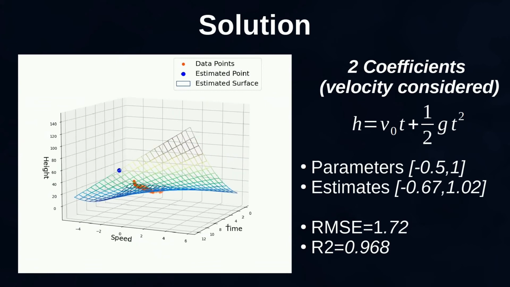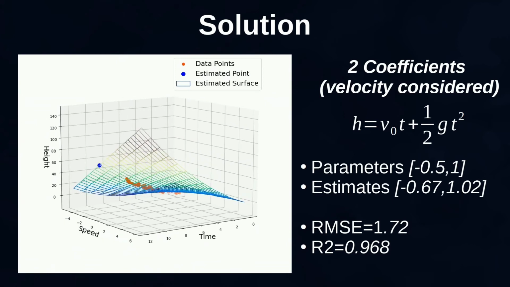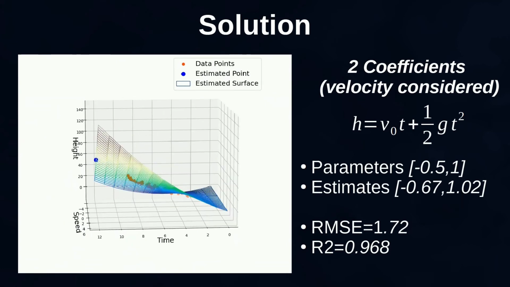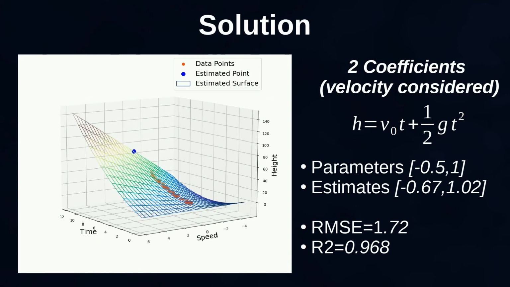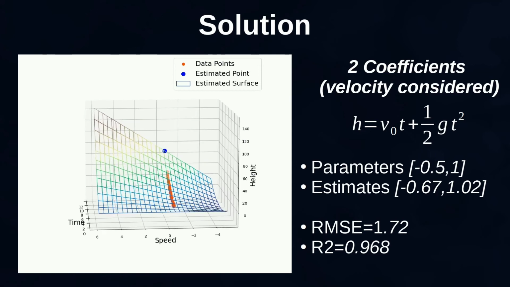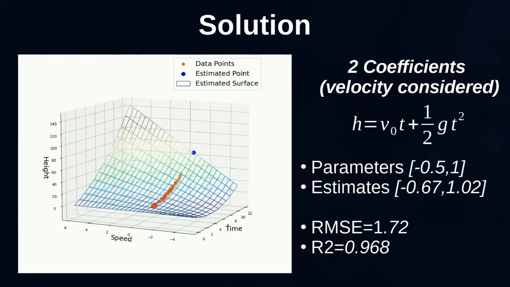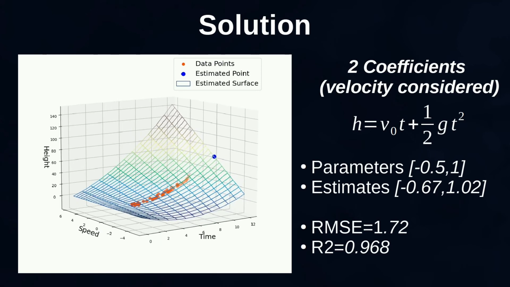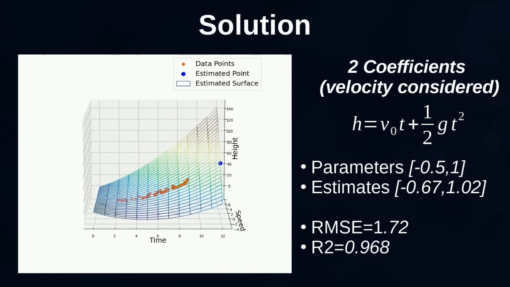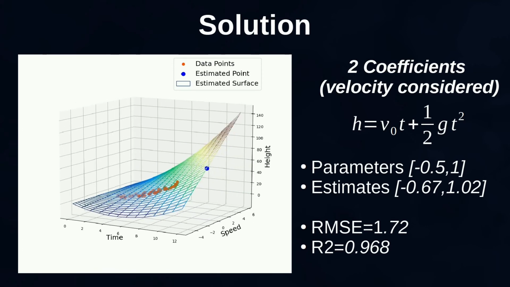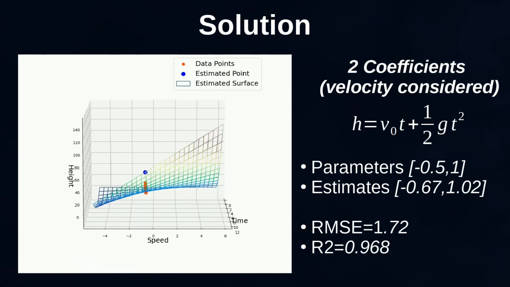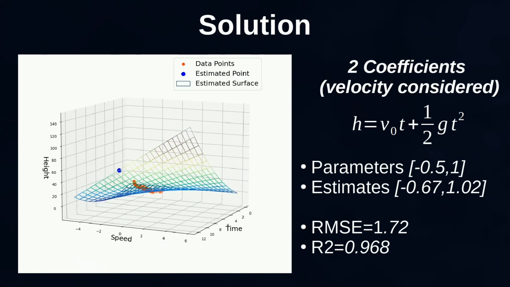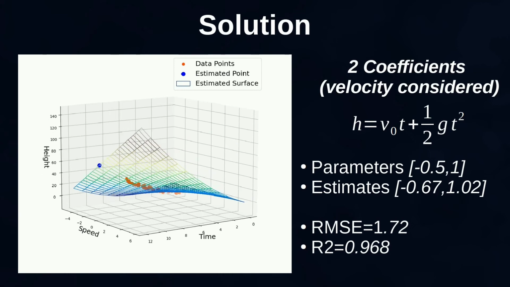Let's do one more step. We can increase the number of coefficients by taking into account other factors that can influence the final result. Let's assume that the robot, instead of dropping the ball, launches it upwards always with the same speed. If this is the case, it is an important factor that needs to be taken into account, given that the device is not only influenced by the gravity of the planet, but also by the initial speed.